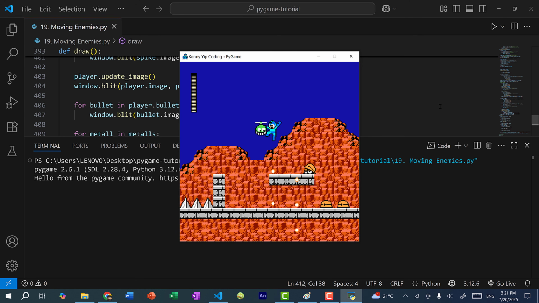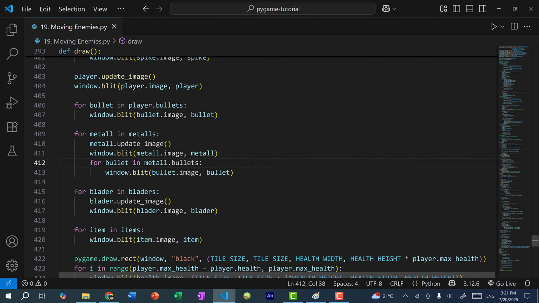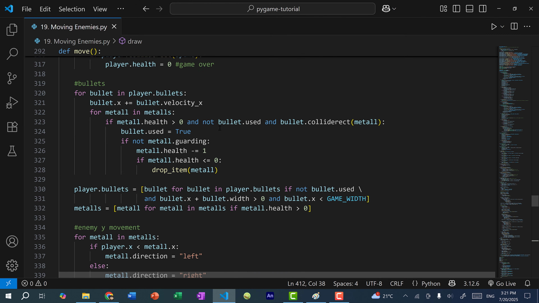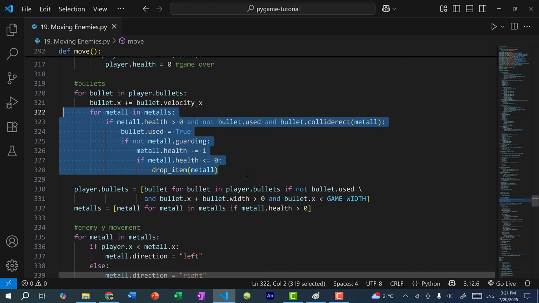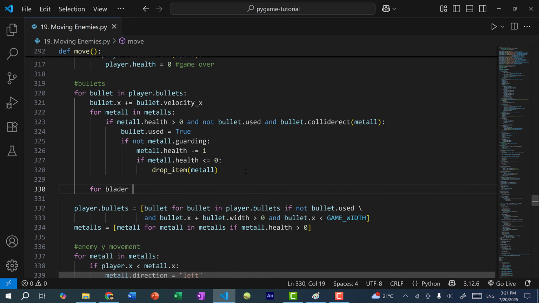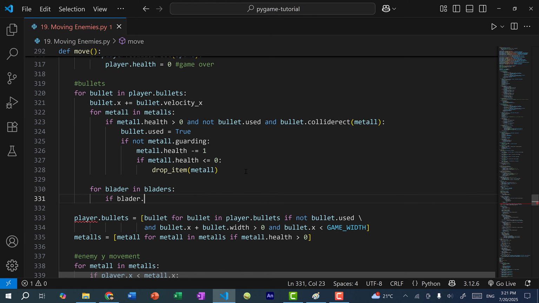Now the next thing we need to do is add collision detection with the bullets. Okay, so when Mega Man fires bullets at the blader, it will deduct 1 health point from the blader. So let's scroll up to our move function. So here we are going through all the bullets in player.bullets. And you can see we already have a check for the metals. We're just going to do the same exact thing for the blader. So here I'll do for blader in bladers, if blader.health is greater than 0 and not bullet.used, and bullet.collide rect